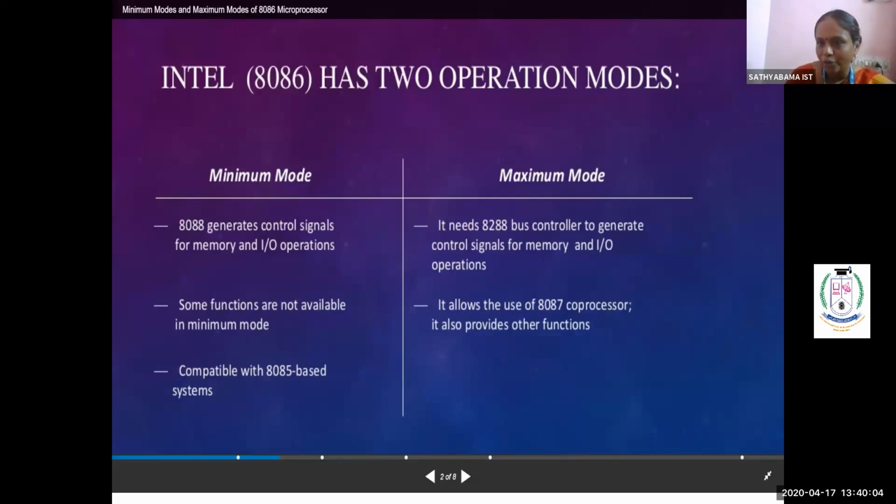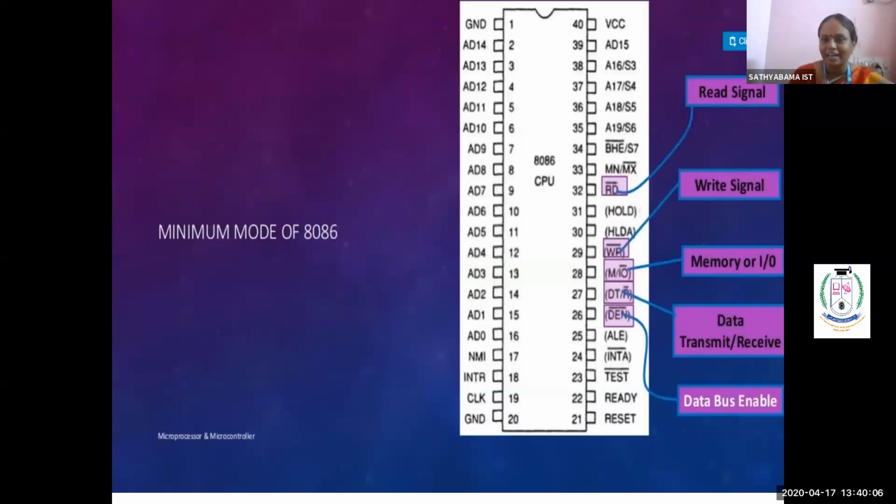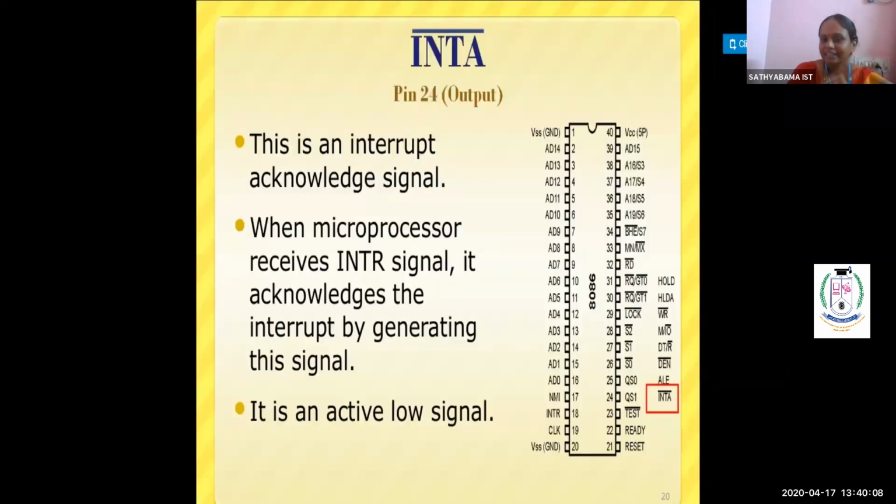Now we are going to see those 8 pins in detail. These pins we have highlighted. What are the 8 pins which serve the minimum and maximum mode? INTA bar, interrupt acknowledgement. We told you INTR means what? It will request. Any processor works like a handshake signal: if it receives a signal, it will respond to the signal. That is how the processor is designed.